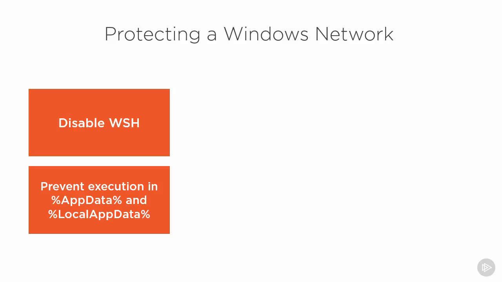Many ransomware instances look to run from the AppData and LocalAppData folders. You should look at the variables of where these folders are located and ensure that you prevent execution of applications